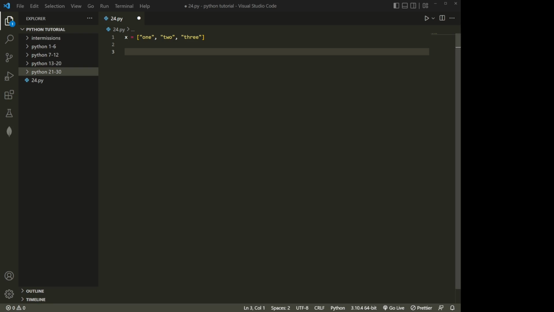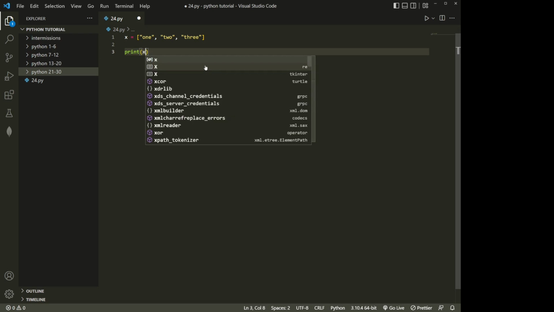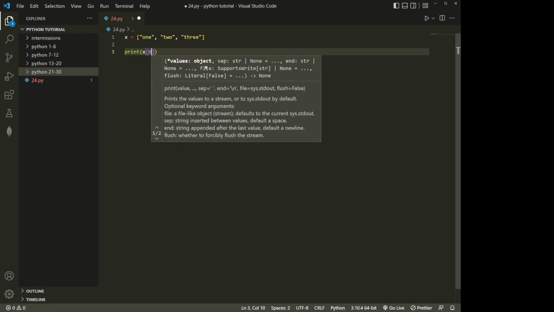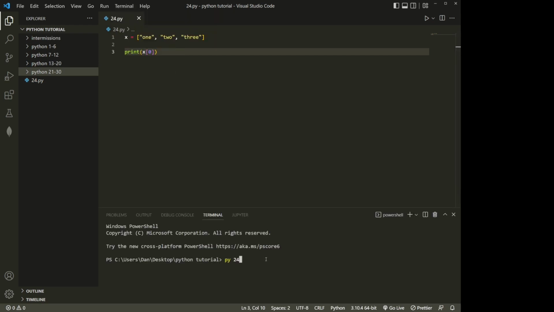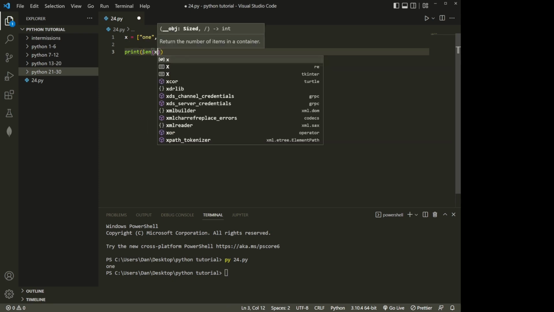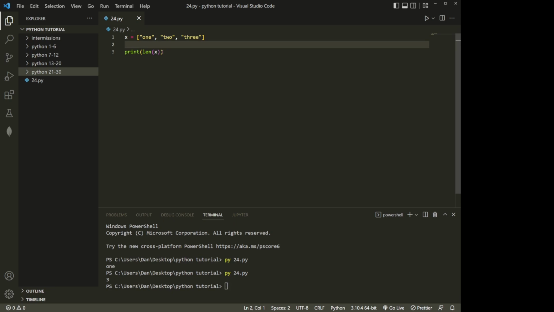And then we know that we can access that just by doing something like print x 0, something like that. We come to terminal and we do py24.py. So we already know how to access that in a list. We know that we can do the length of x and output that. We get 3. We know that we can loop through an array, so we could just print for x in cars here,